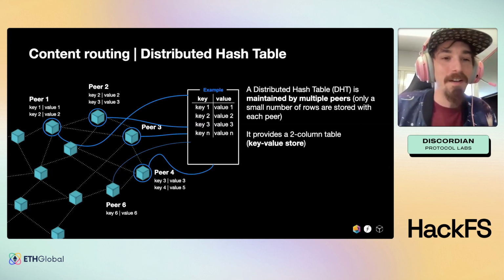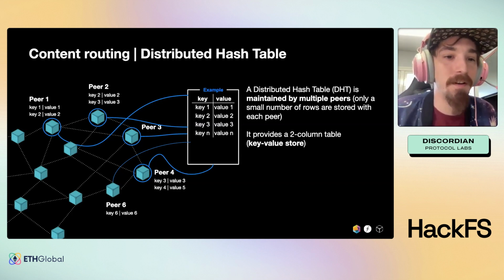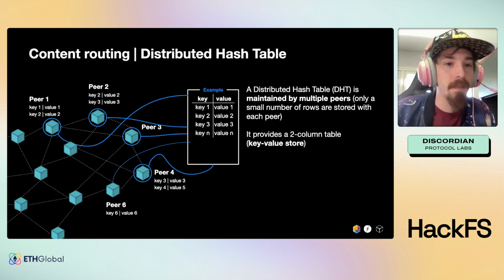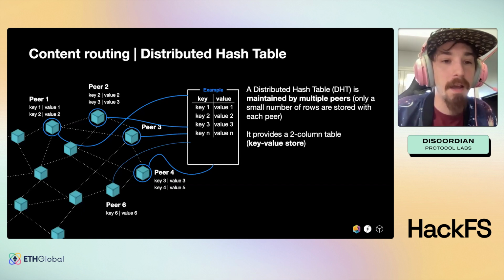Cool. All right, so the DHT, or the distributed hash table, is a critical service that each peer runs. Think of a distributed hash table like a phone book, except everybody helps maintain it. It is effectively a series of keys paired to values, kind of like names paired to phone numbers. In order to get the value associated to a key, for example, a content ID, a peer will need to have or find some other peer that is storing it.